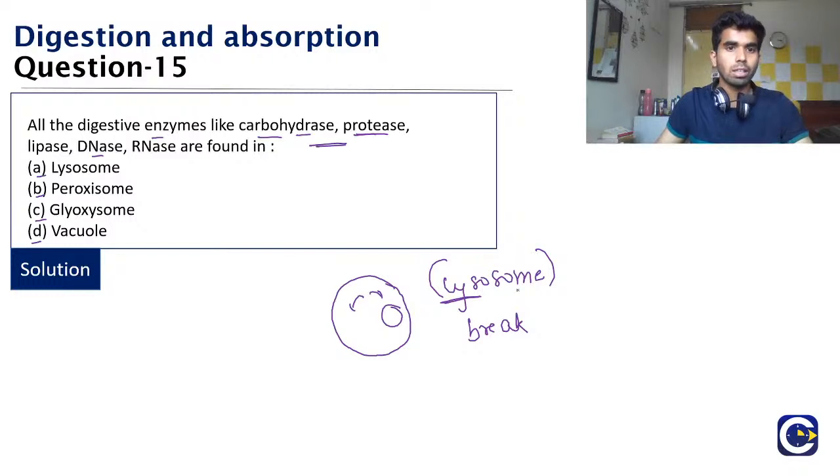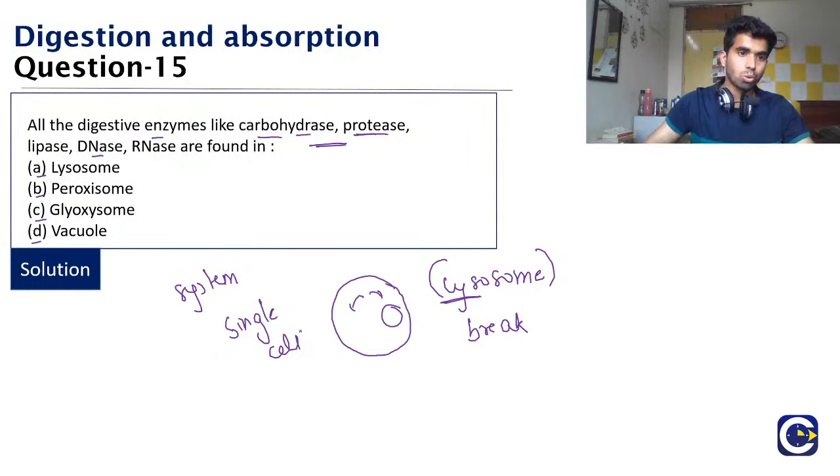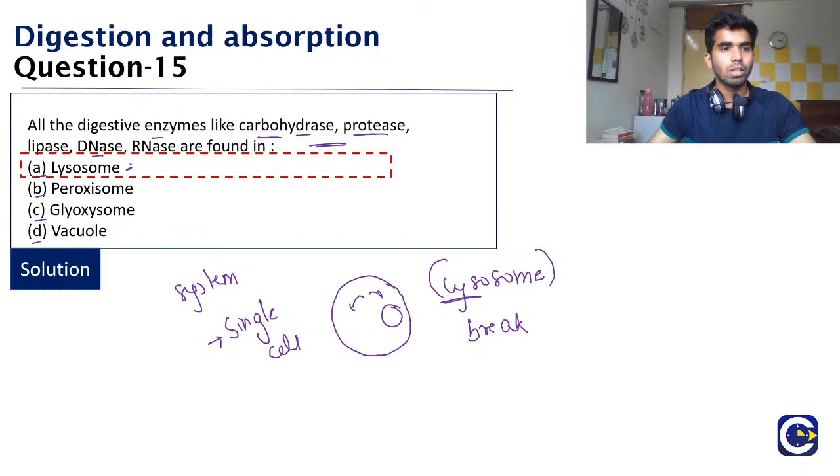And one more thing, see, like we have a whole digestive system in us, isn't it? But the digestive system is absent in the single cell. So in the single cell, this lysosome is their stomach or the digestive system. All right, so the option here would be option A, and that is lysosome. Yes, Srividya, yes, Lekpriya, you all are correct.